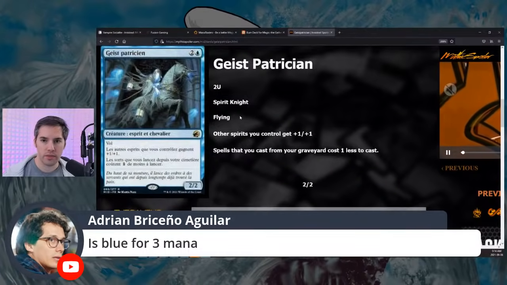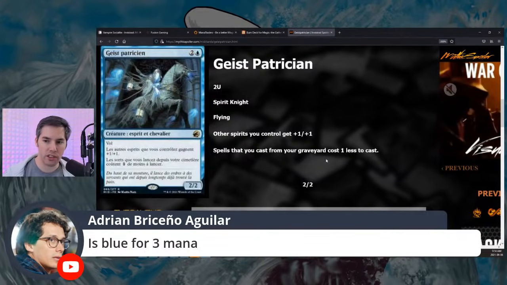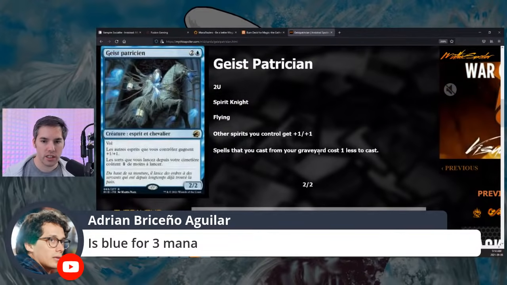Geist Patrician. Spirit Knight, flying. Other Spirits you control get +1/+1. Spells that you cast from your graveyard cost 1 less to cast. This looks really good for Pioneer. Like, this is obviously not that good, not nearly good enough for